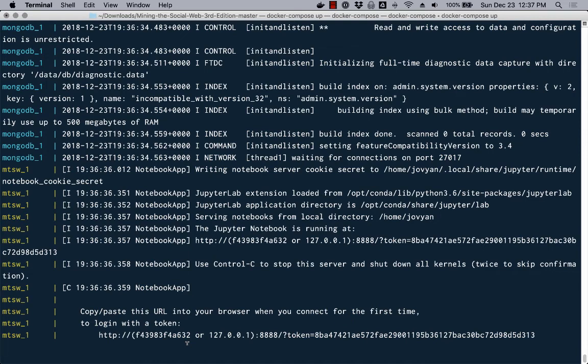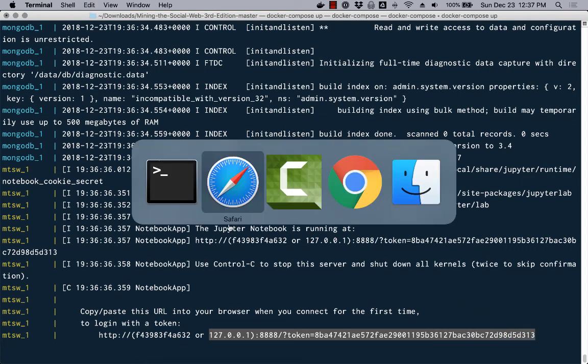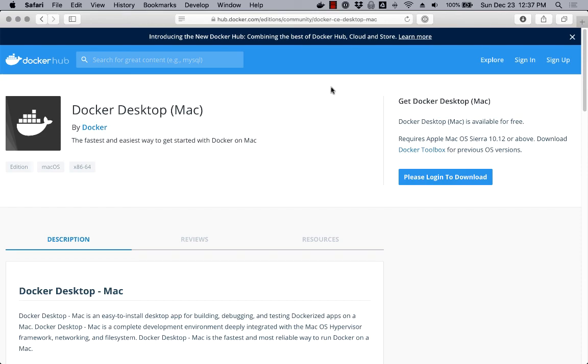Now that's not going to work for us because we're accessing the container from the outside over port 8888. So just copy this latter part here that uses localhost, and then go back into your browser and paste that in the search bar. We're going to delete that closing bracket, and when we hit enter,